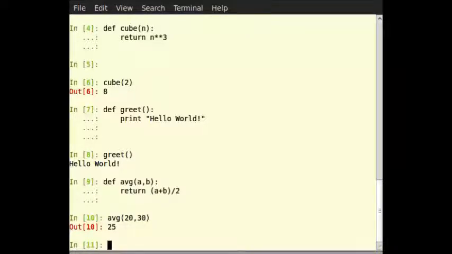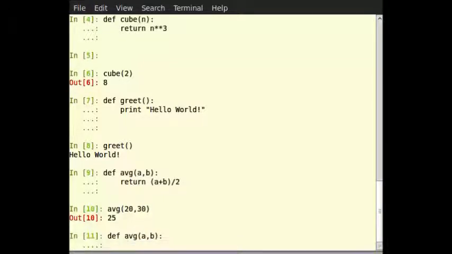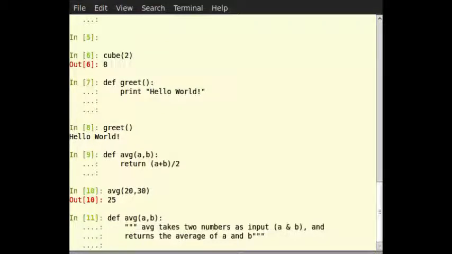In the terminal, just type def space avg within brackets a comma b colon, then in triple double quotes, you can type avg takes two numbers as input a and b, and returns the average of a and b. Then type return within brackets a plus b slash 2 and hit enter.